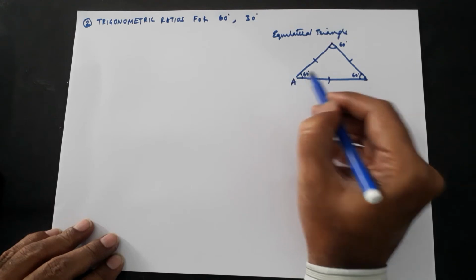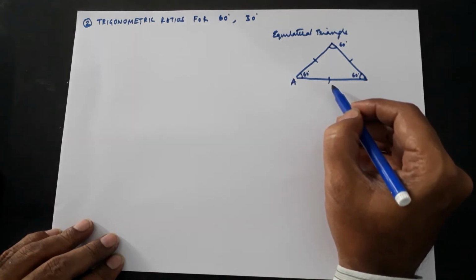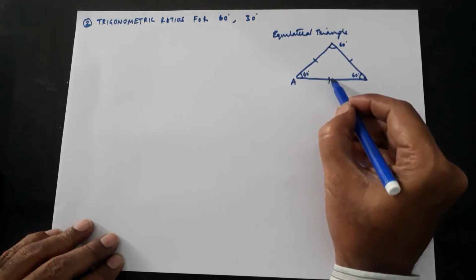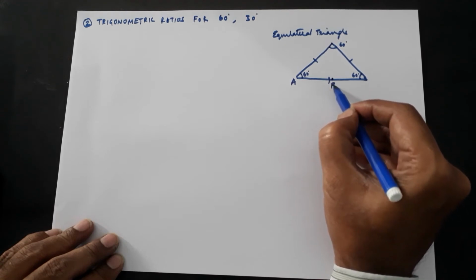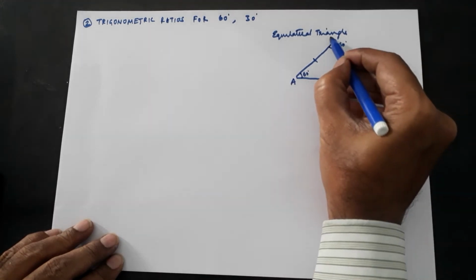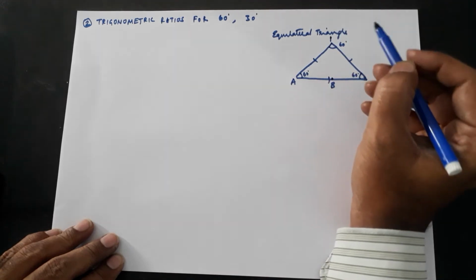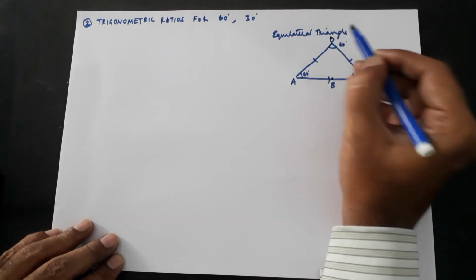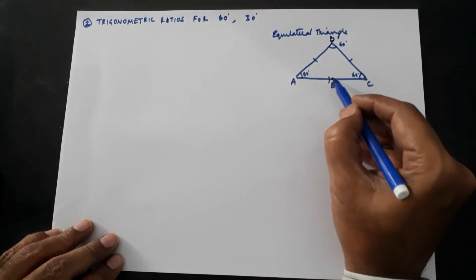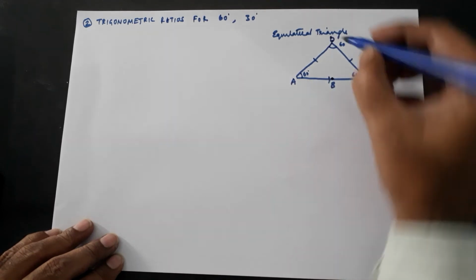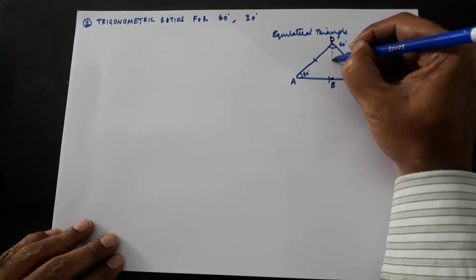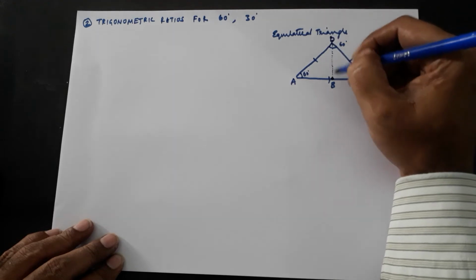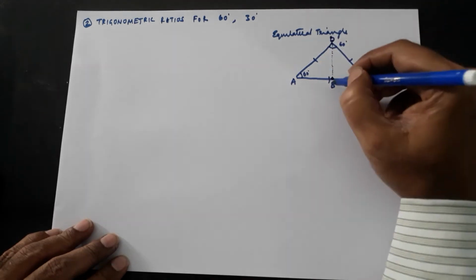We'll name it as A. We'll name this, take the midpoint here and put it like B, C, D for convenience actually. Okay. So why am I taking the midpoint of this? Now I'll connect this vertex to the midpoint of AC.